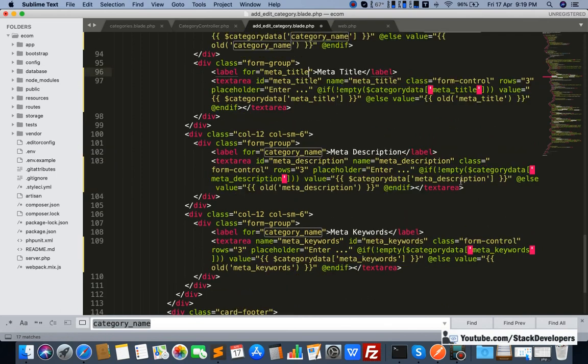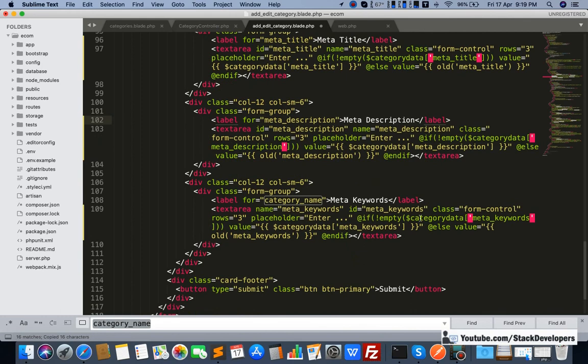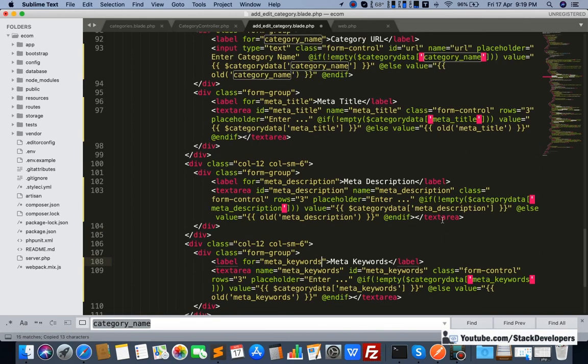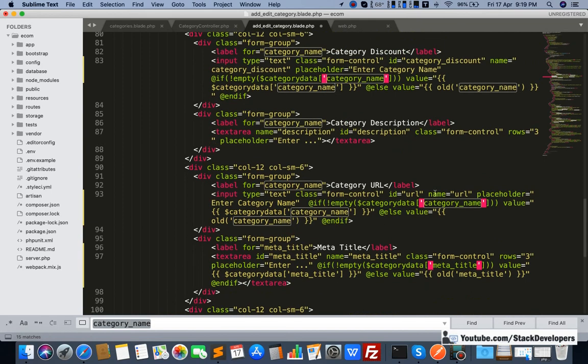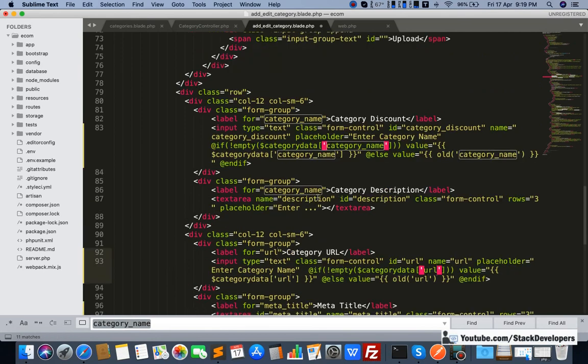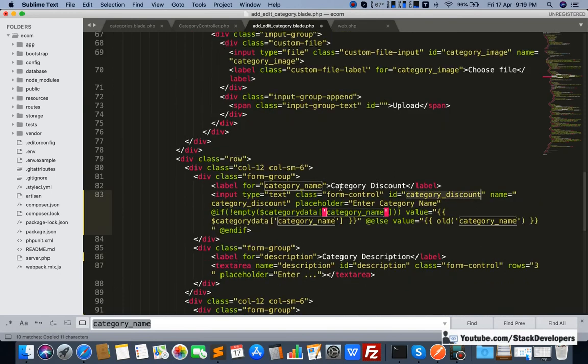Okay, and here meta description info. Okay, sorry, meta description, and here we need to use meta keywords. Okay, so now it is fine, and here URL must come, URL, and here already description, and description must come here, and here category discount must come.